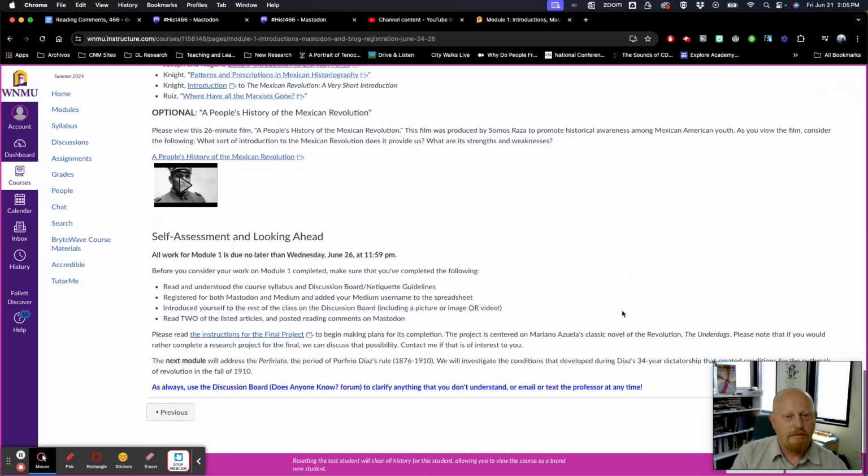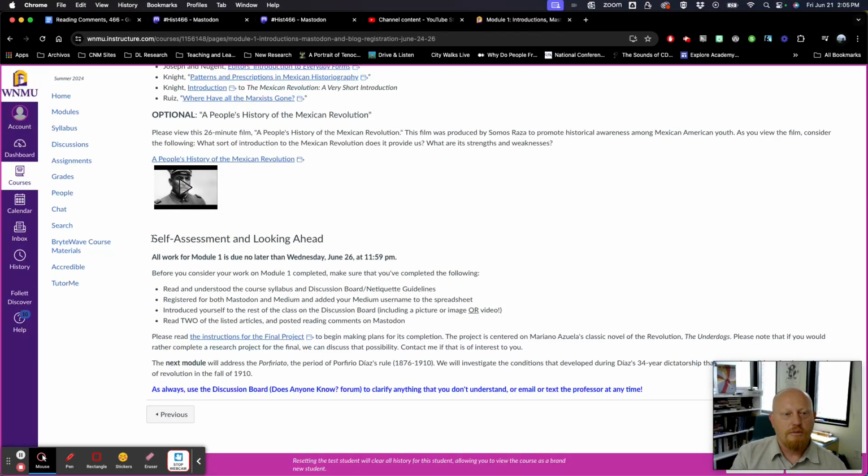As you scroll down then, after you've done Mastodon, every module has a self-assessment and looking ahead section. It gives you the due date for the end of that module when all of this needs to be done. And you can read through here and just kind of check off, did I do all these things? And if you can check yes to all of those, then you're good to go,